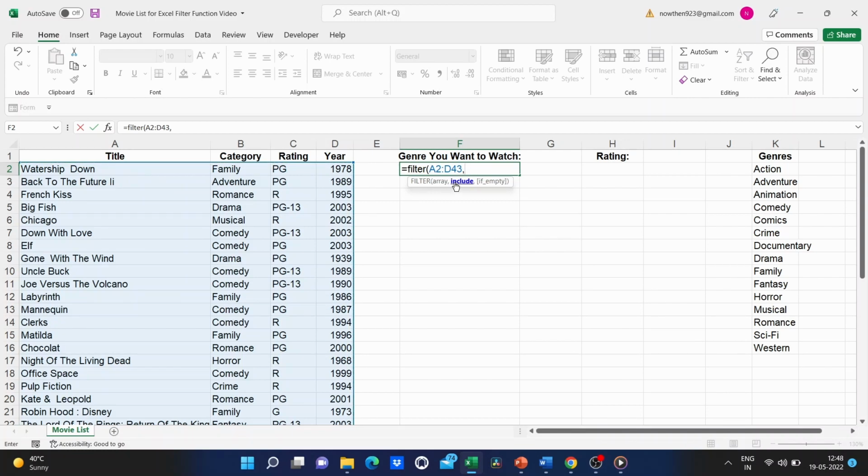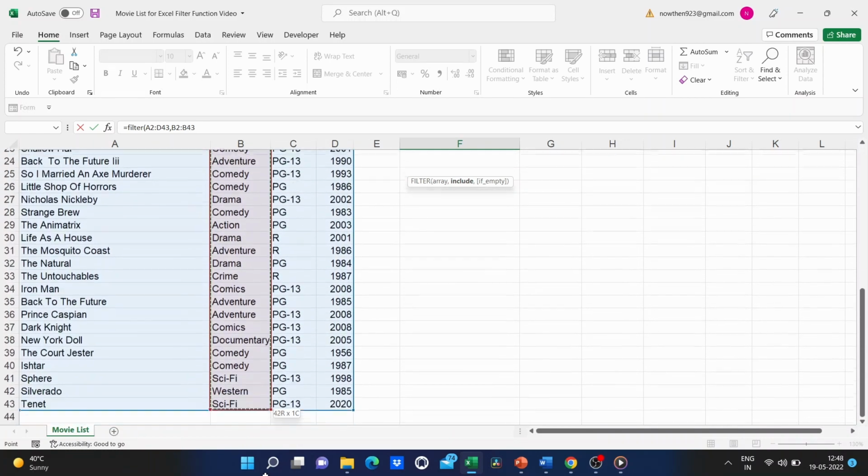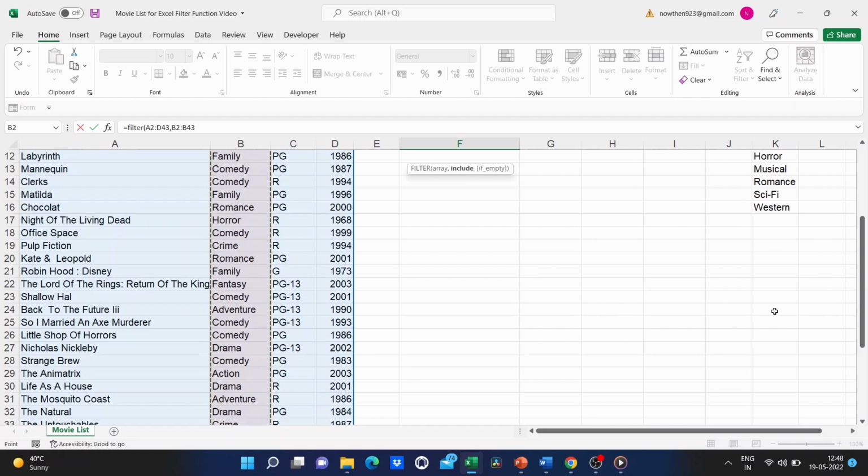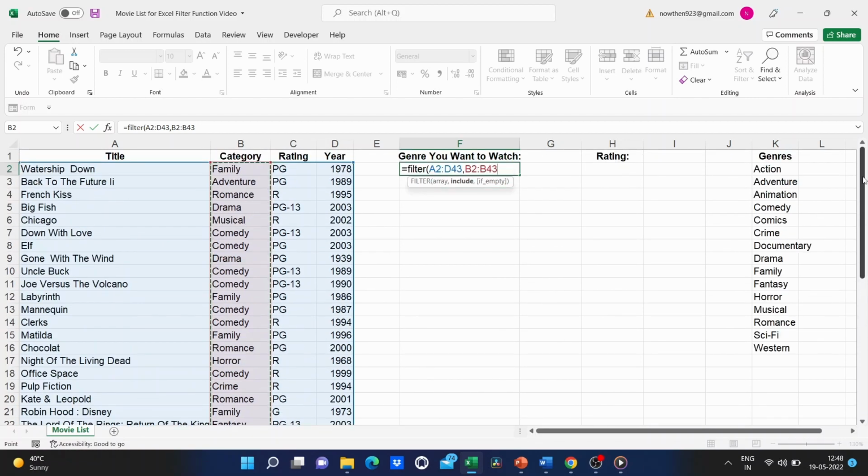Now, Excel is looking for the information to include, and what this means is what range do I want Excel to examine to see if a particular genre or category is listed. So I'm going to click and drag on the data in column B, from B2 down all the way to B43. Now I'll browse back up just using the scroll wheel on the mouse, or you could use the scroll bar if you want to. So now it's going to include B2 through B43.